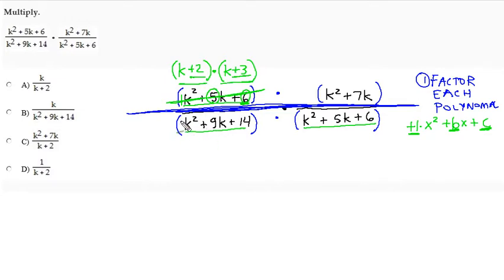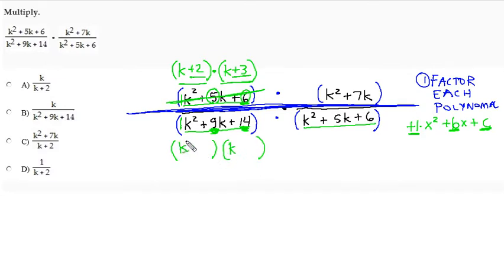Let's move on to this other trinomial with a leading coefficient of 1. This has the same pattern for factoring. Because of that leading coefficient of 1, trinomials come from two binomials. The k squared is formed from the